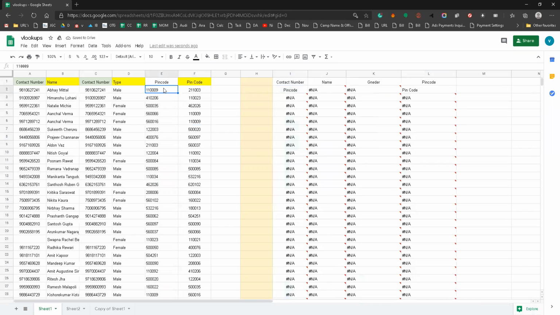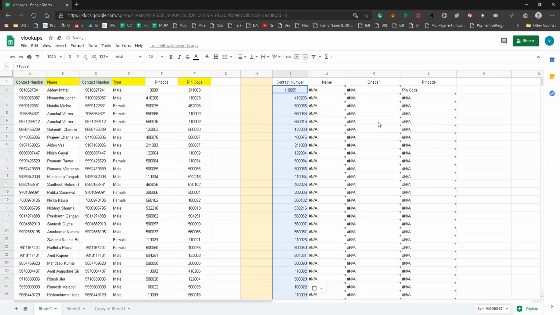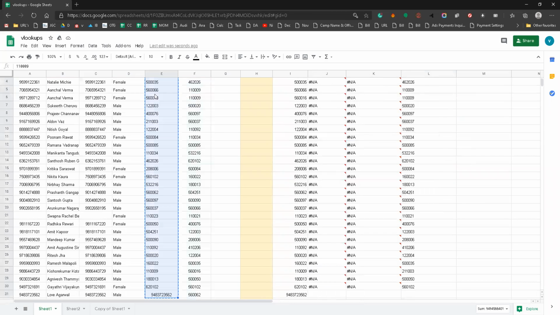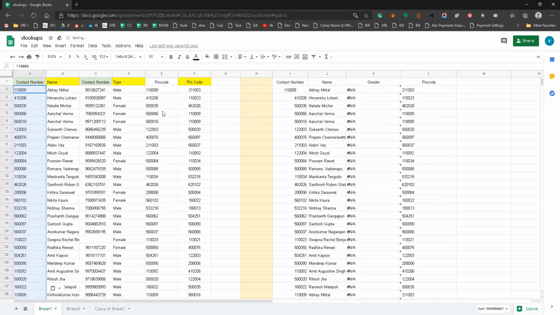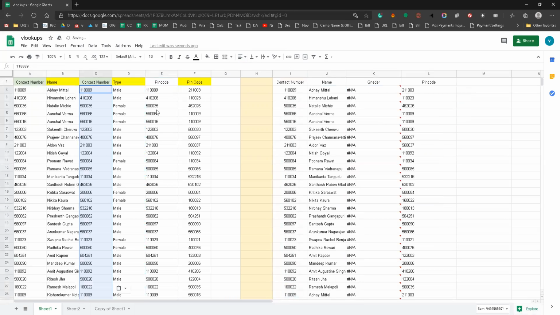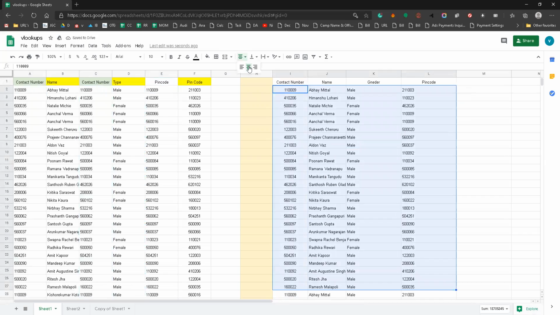Suppose I keep here pin code data as reference, so it will match to the pin code and print the data which is available here. So accordingly, if I am keeping the pin code in the name column, it will match the pin code data and match to the name data accordingly, in male or female gender. Likewise, it will come according to our data.